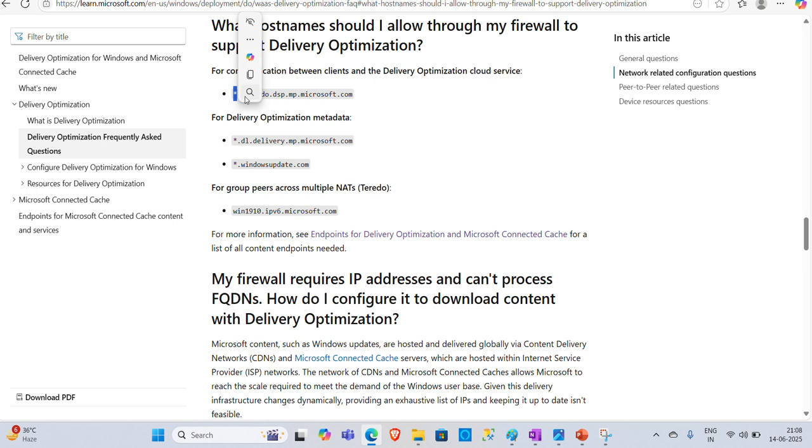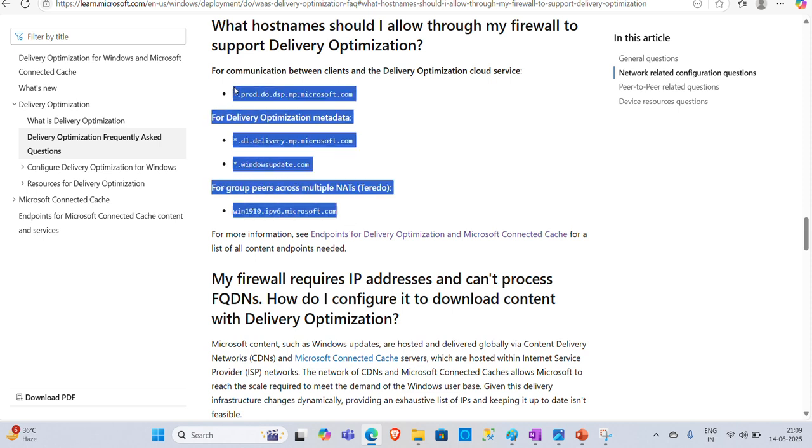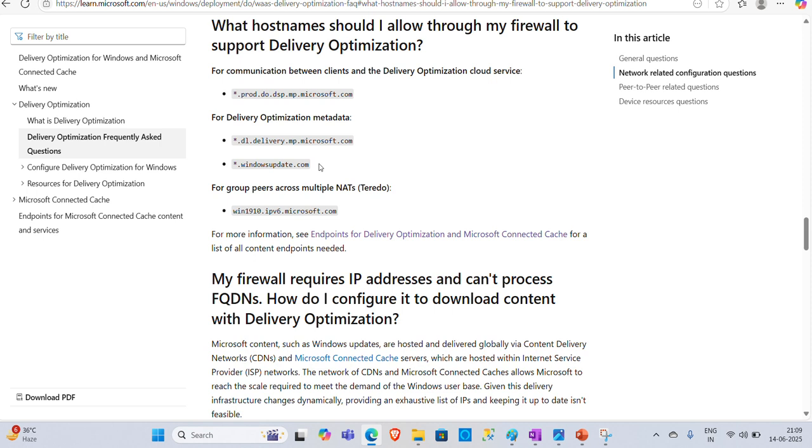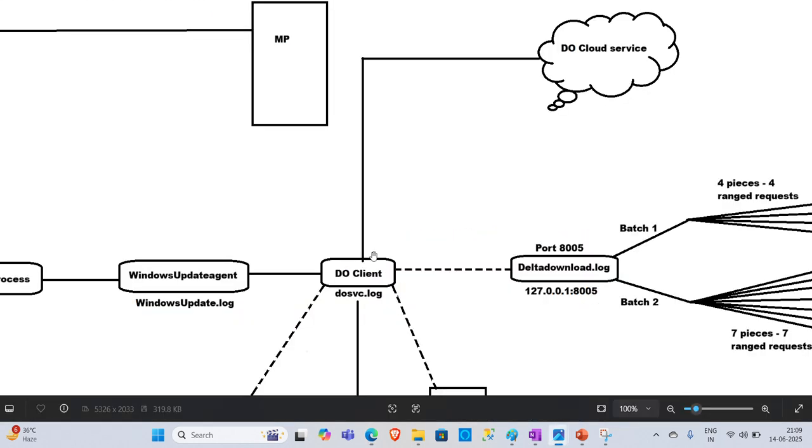This is a wildcard because this endpoint keeps on changing. The part just before prod keeps on changing, so that's why there's a wildcard here. All these URLs that you see here must be whitelisted in your firewall so that the clients can reach out to these URLs when needed. All right, so the DO client reaches out to the cloud service, and then the DO cloud service has its own logic